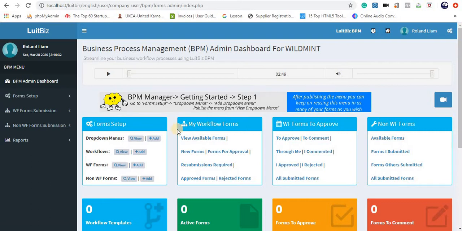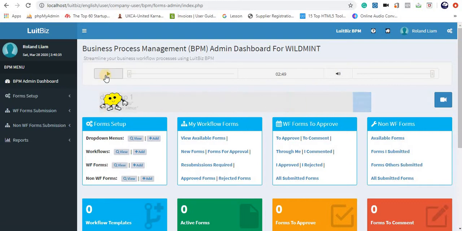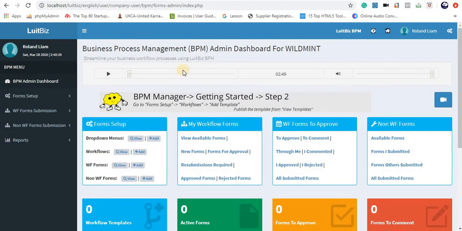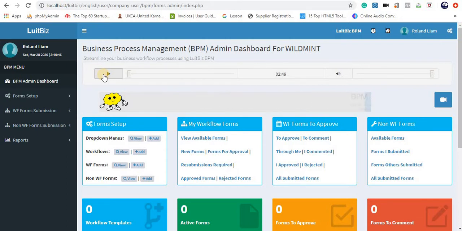Here, throughout the system, you will see that there is this audio player, which is basically the audio guide of what you can do on this particular screen. So every time you get stuck in any screen, you can play the audio player and it's going to guide you and tell you what you can do on that particular screen. Additionally,